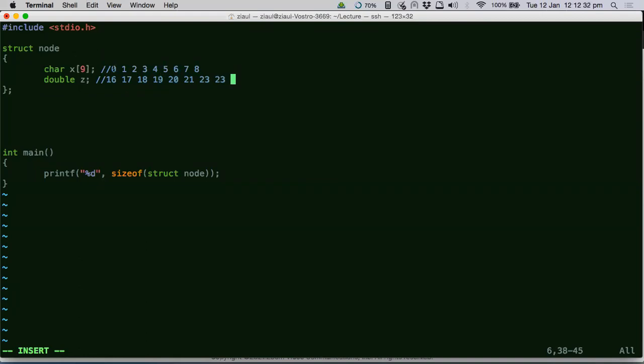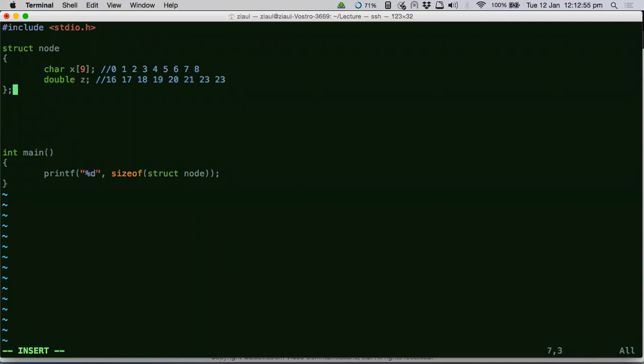So from 0 to 23, what is the size? It is 24 bytes. Now, what is the size of the biggest data type here? The size of the biggest data type is not this one. Don't think that the size is 9. The biggest data type is this double.